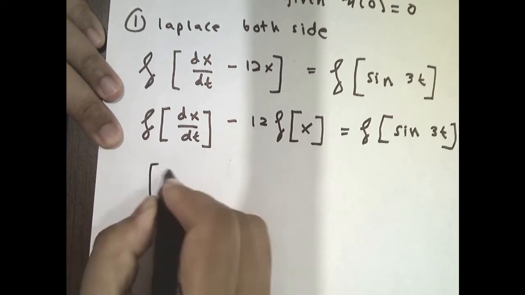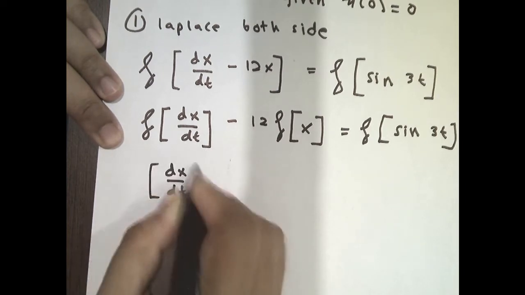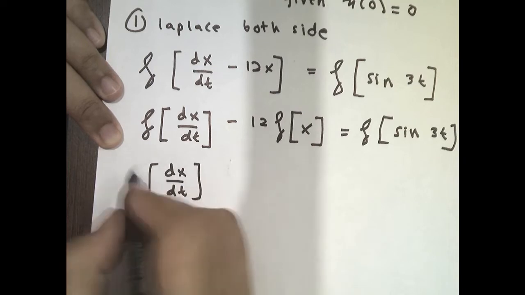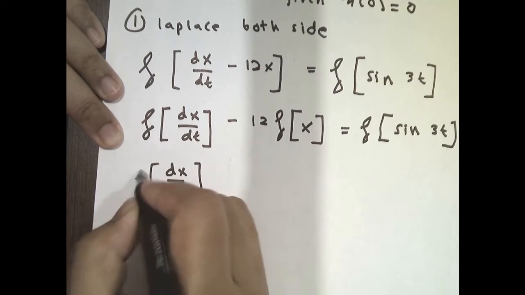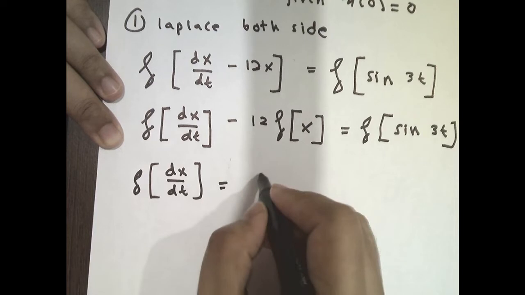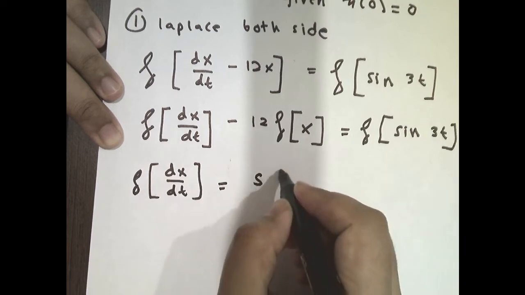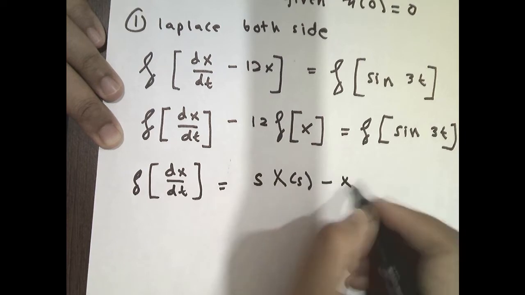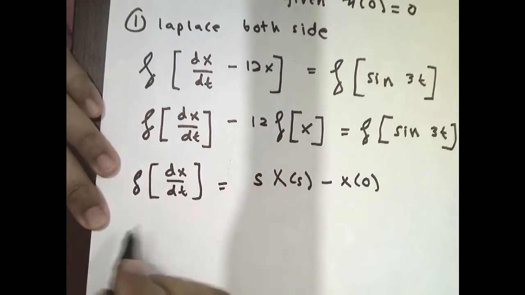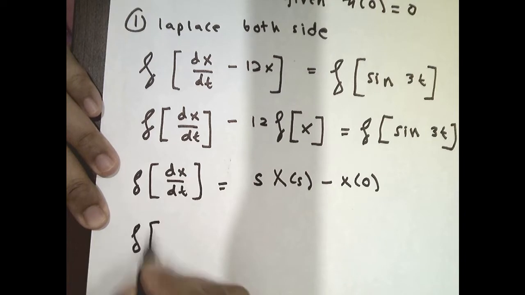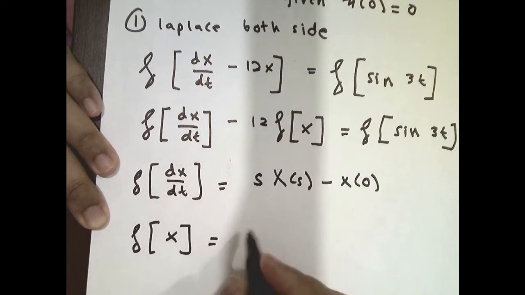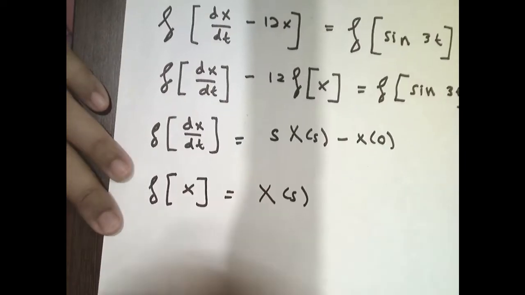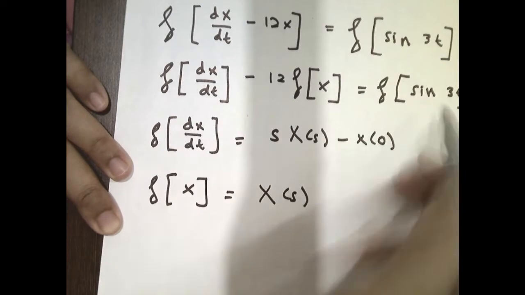We know that for the derivative, the Laplace is equal to s X(s) minus x(0), right? Okay, and then the Laplace of x is just equal to X(s), and the other one, which is sin 3t,